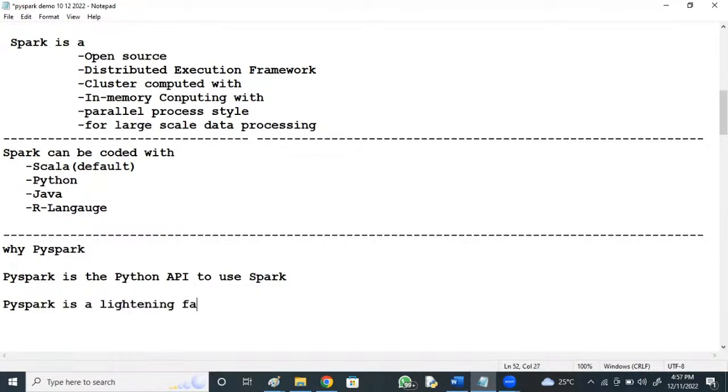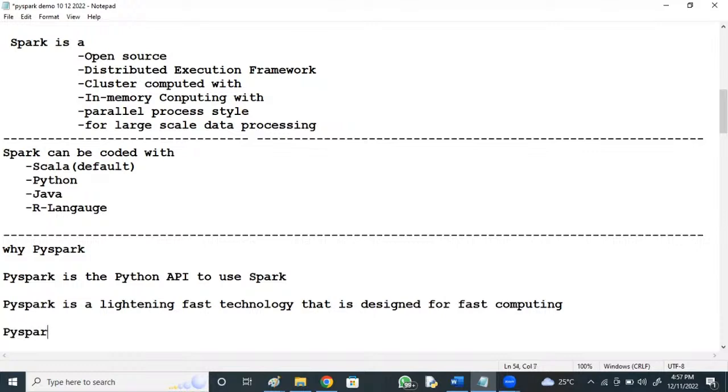It's a lightning fast technology that is designed for fast computations.